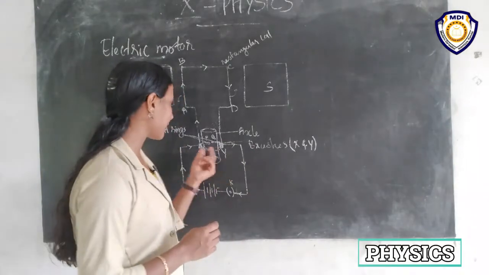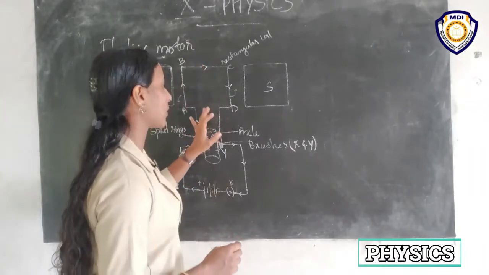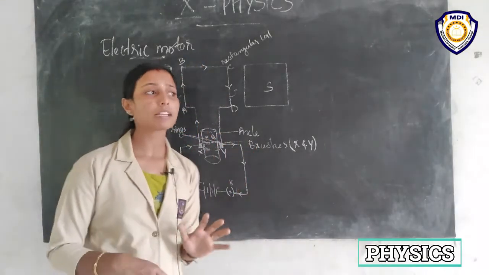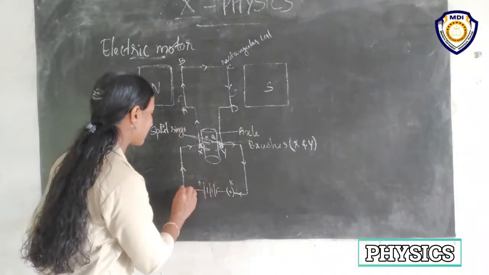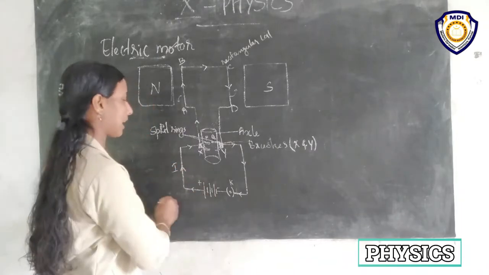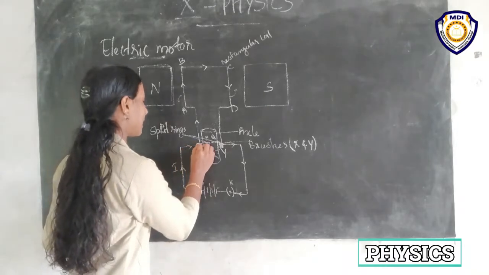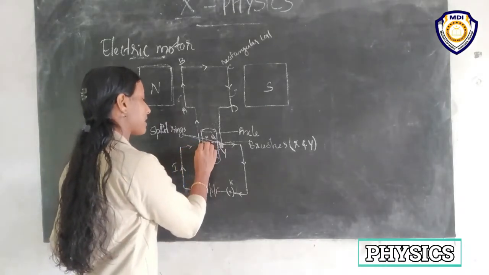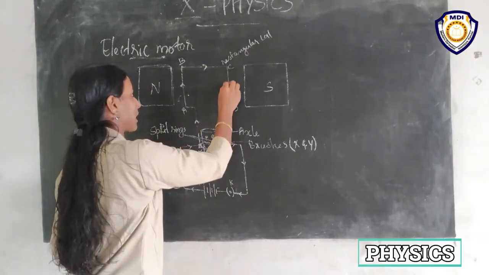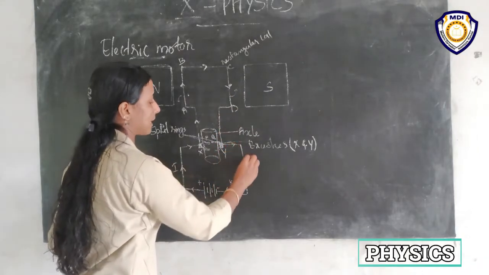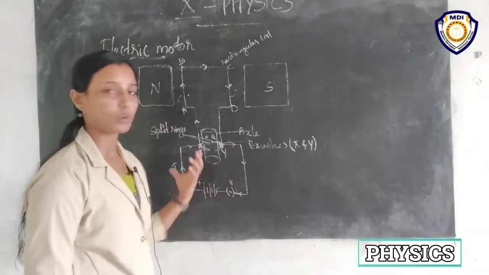Through these graphite brushes, the current enters into this rectangular coil. Whenever this key is closed, the current goes like this. This is the direction of current, right? It reaches the brush X, and again it goes like this, and in return the current returns to the negative end, right? That means the circuit is closed now.